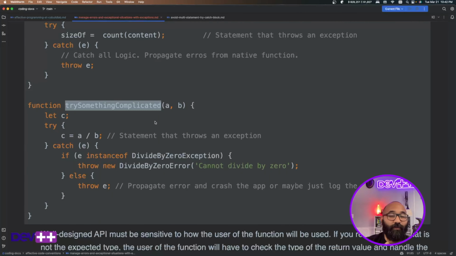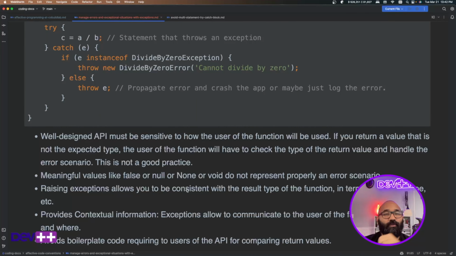Similar here with the division by zero. If we find that this is the error, because there could be multiple errors doing a division, maybe too many decimals, maybe an overflow of the number type of JavaScript. But in this case, if we catch the division by zero,